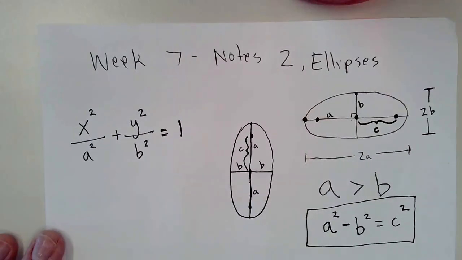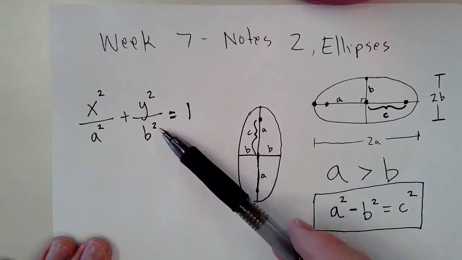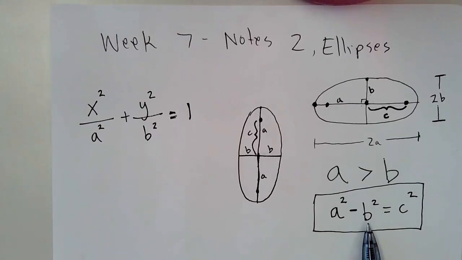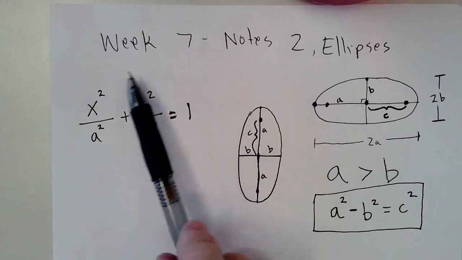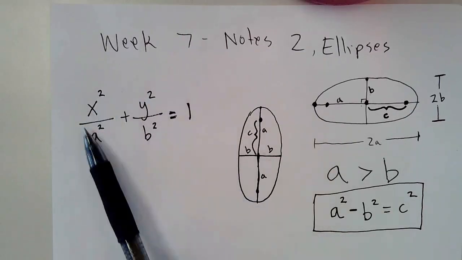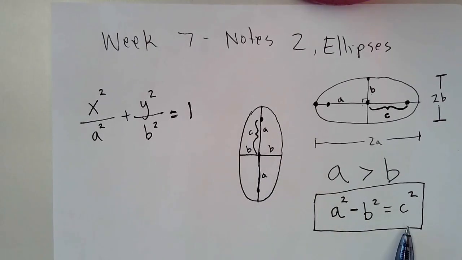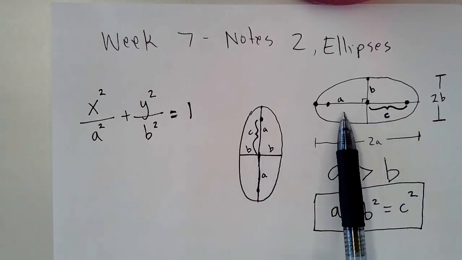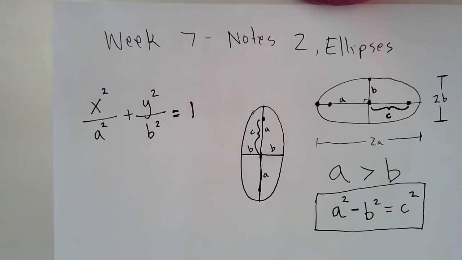So really focus in on this equation right here and this equation. These are both very important equations. This is the equation you're going to really be working with. This is your equation that allows you to graph it. This equation helps you because it helps you see the relationship between the length of the major and minor axis and the distance from the center to the foci, i.e. C. Okay, so let's do an example here,